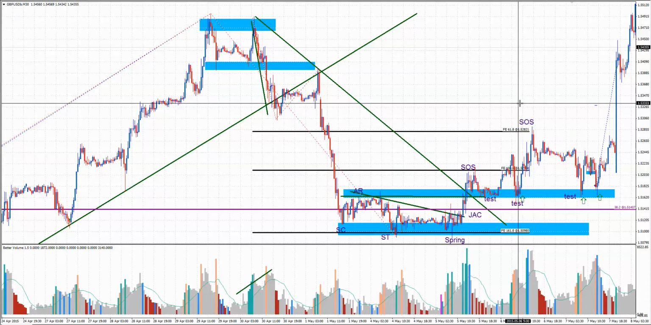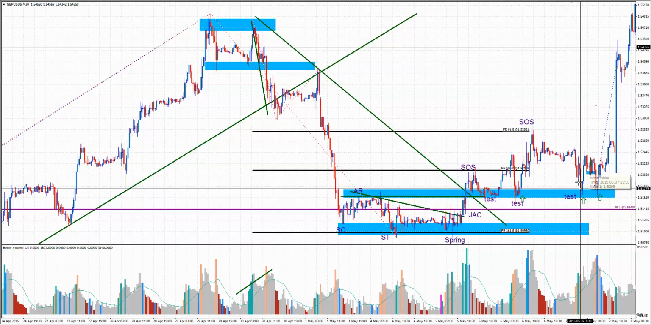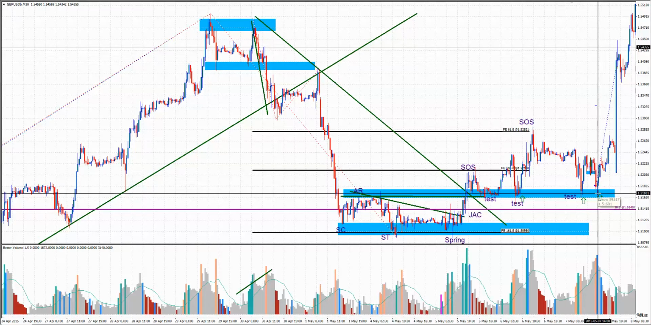Anyway, let's get back to this stage here. Price did a few tests here. The final test was from the selling climax. We made the selling climax here, and we saw there was no progress after the selling climax, and that was a